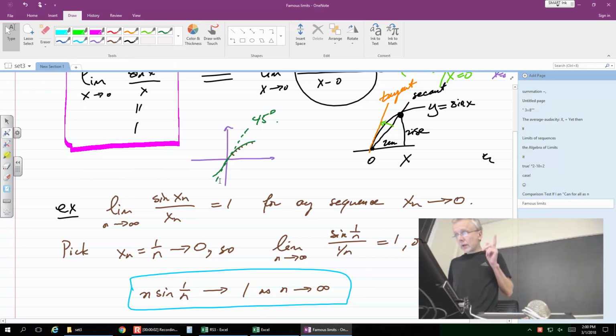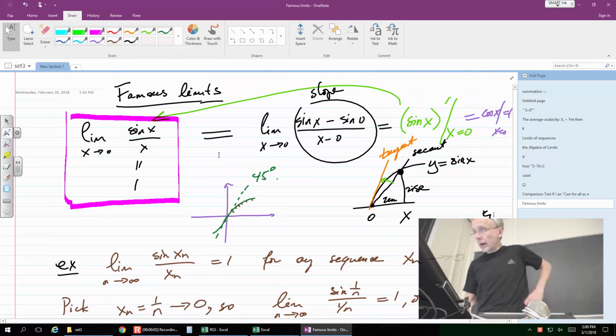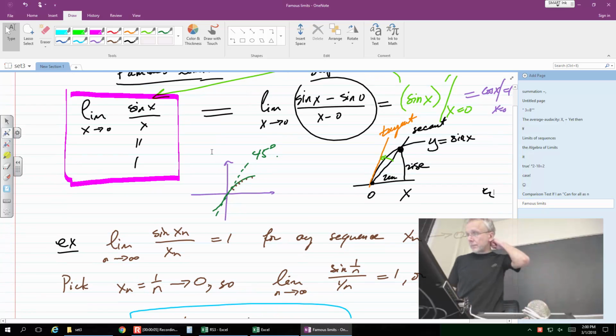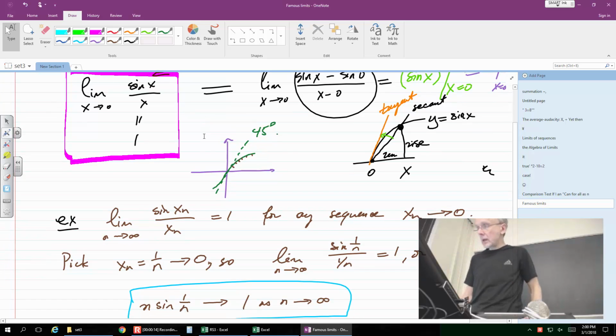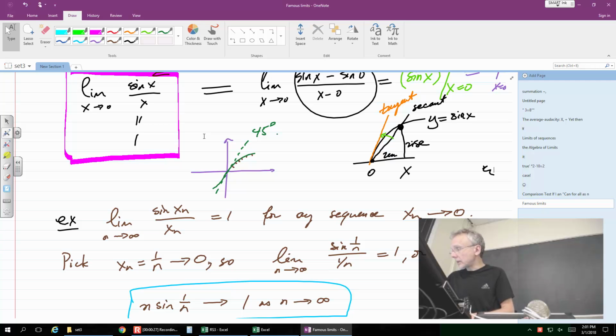Let's see. So the topic is a few famous limits. In other words, the ones that we have to remember. The first one comes from the derivative of sine, or vice versa. That limit actually gives us the derivative of sine, but it's based on trigonometry, so we're not going to just be doing it. But there's another one, and that comes from